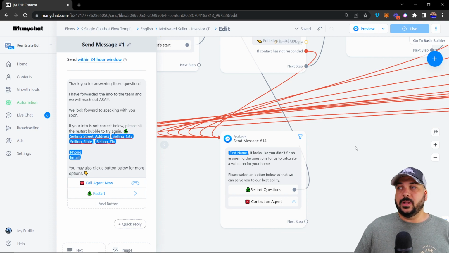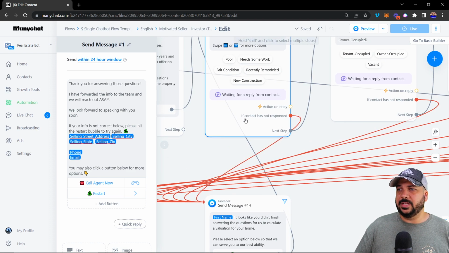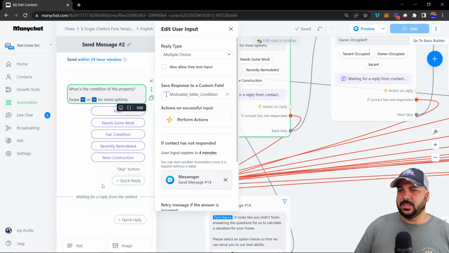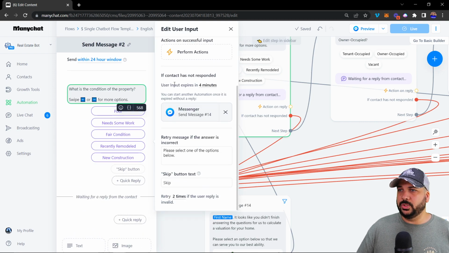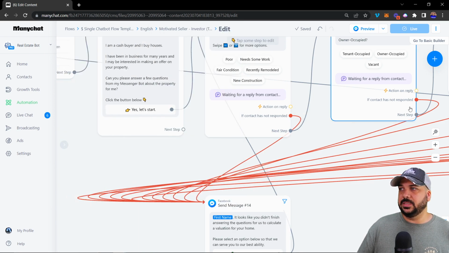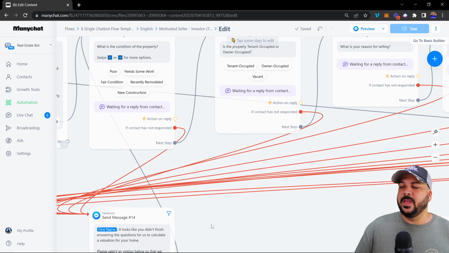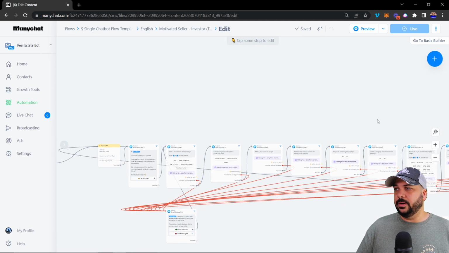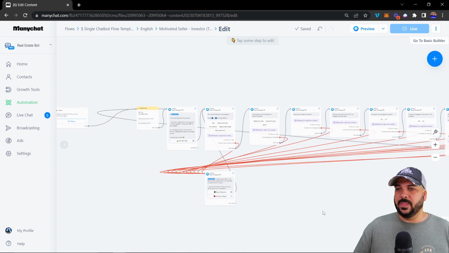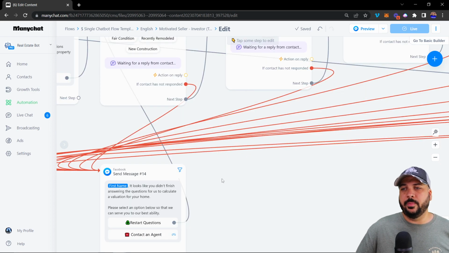This message is a follow-up message if they stop responding to you. So if contact has not responded, there's that option on each of these messages, and you go to inside of the user input. If contact has not responded within 4 minutes, then it's going to send this message, and then this message will send. So that's selected on each of these boxes, and if they stop anywhere in this flow, it'll wait 4 minutes, and then in 4 minutes it'll send